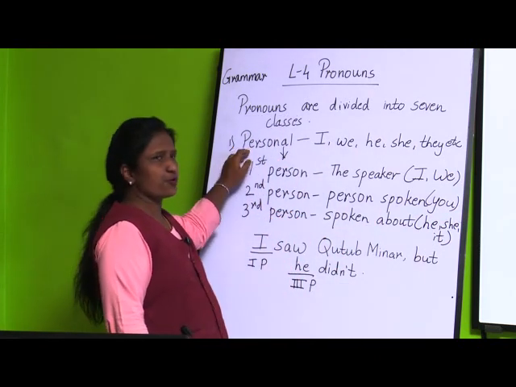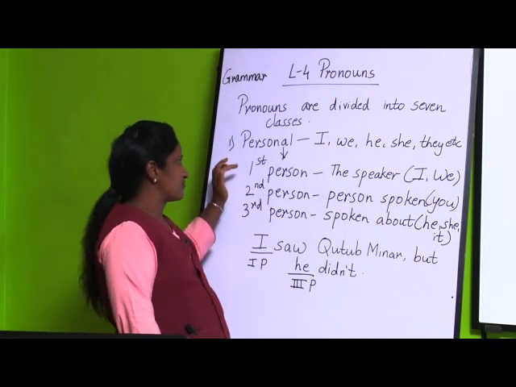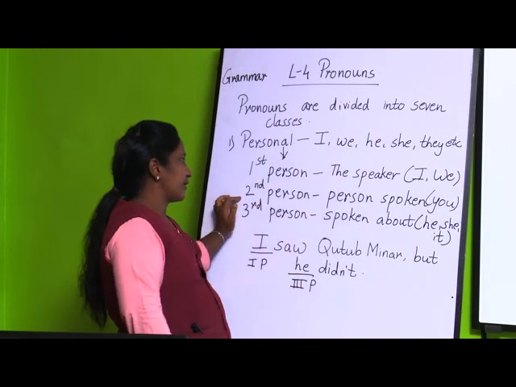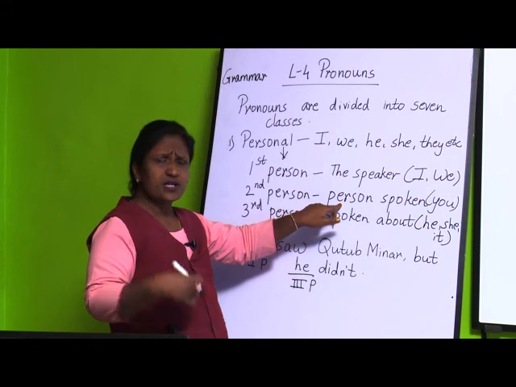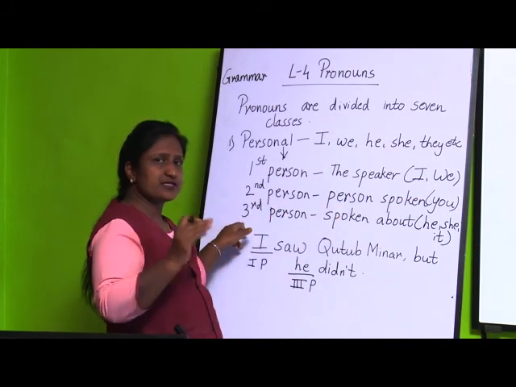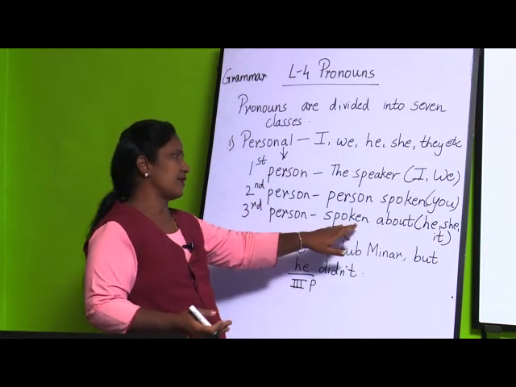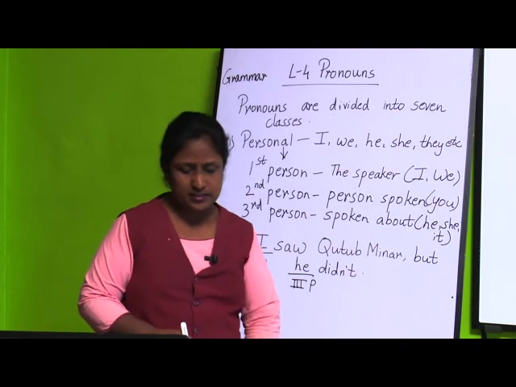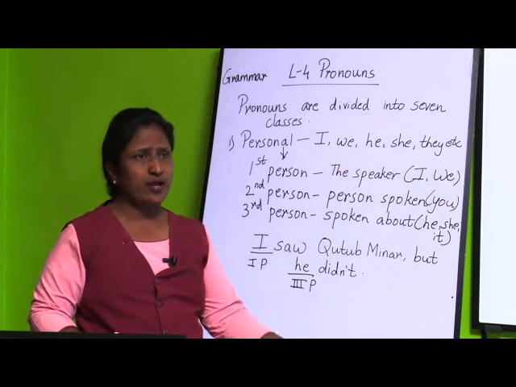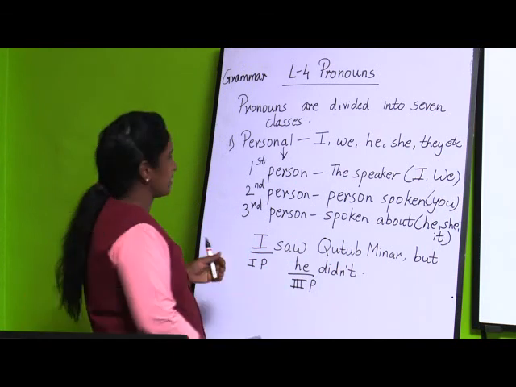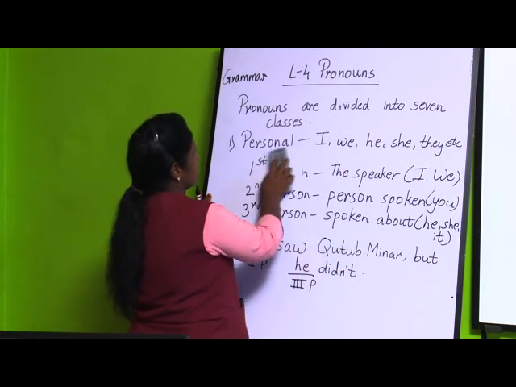So personal pronoun is divided into three persons. The first person is the speaker, who is talking. Then the second person is the one to whom I am talking. And the third person is the one about whom I am talking. So this was all about personal pronoun. I hope children you have understood this. So let's move to the second kind of